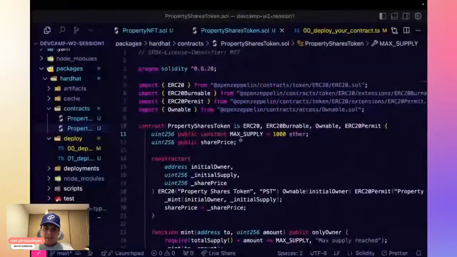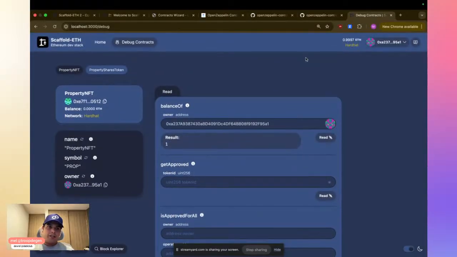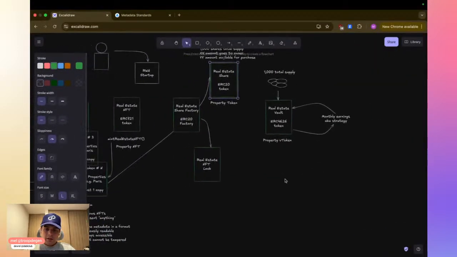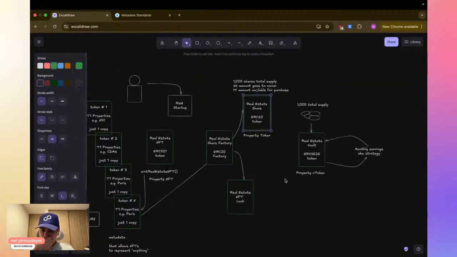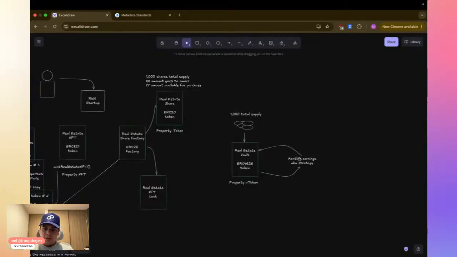Okay, so we have these two tokens, and now we will move towards the implementation of the 4626 token. What we want to do now is simulate this kind of vault strategy, a vault where the strategy will distribute the earnings of the token every time.